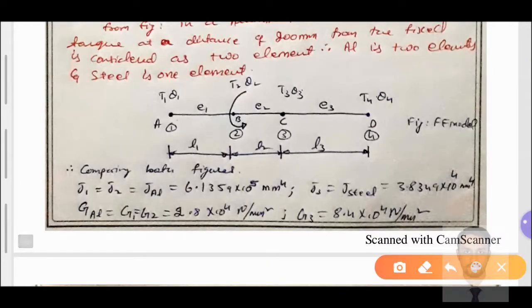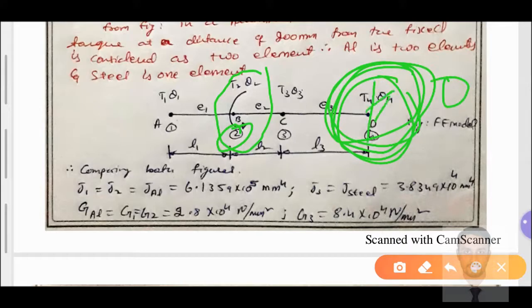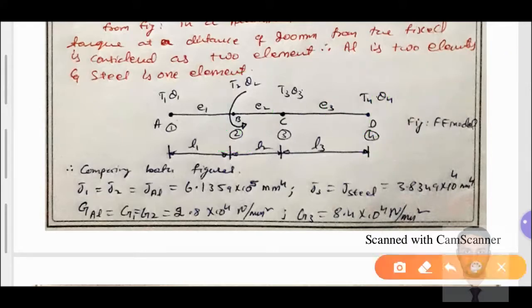I have applied the torque only at the point B, that is at node number 2. He has shown the torque at node number 4, but there is no value, we are not representing any direction, right? That is equal to 0 and it is also fixed. There is no theta that will get displaced, right?